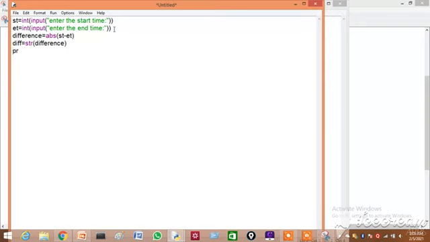Now I am going to display this with print. First, which number should I get: str, that is diff of 0:1. Then it has to display hours, that is the format given in the book, the output format. Then the remaining, diff of 1:3, minutes. That is the format given in your book.